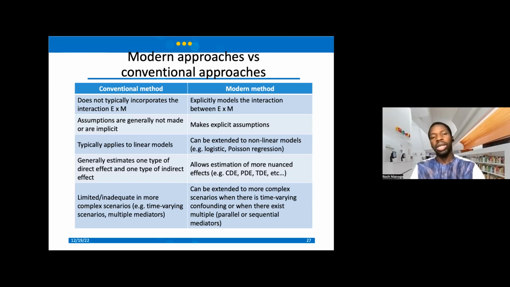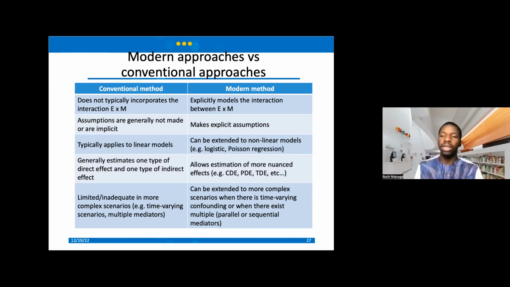Sometimes, unfortunately, when we submit papers that use mediation analysis and we lay out all the assumptions, the reviewers panic because they say, oh, I'm not comfortable with you making all these assumptions. However, in a lot of cases, everyone actually makes those assumptions. Some of them are just implicitly made, but in the modern approaches, we make them explicit, right?